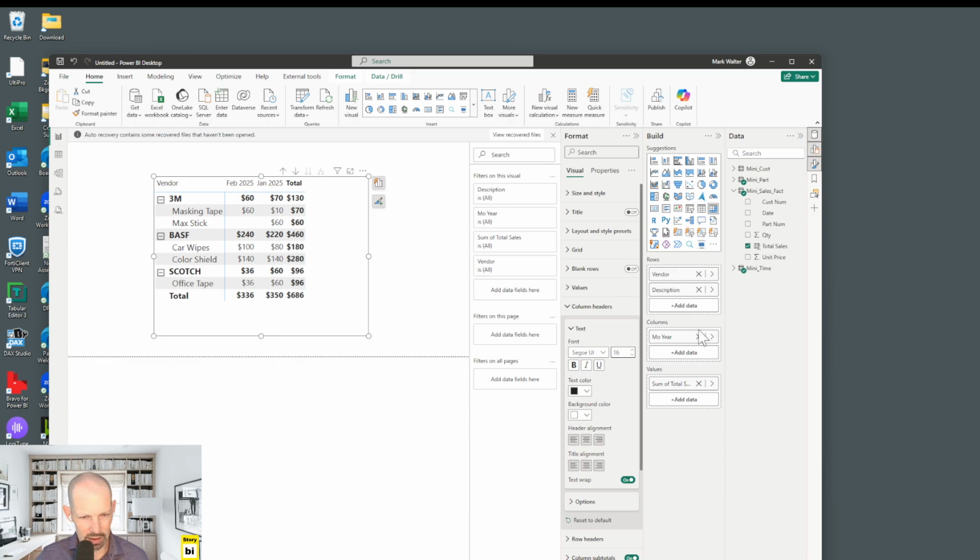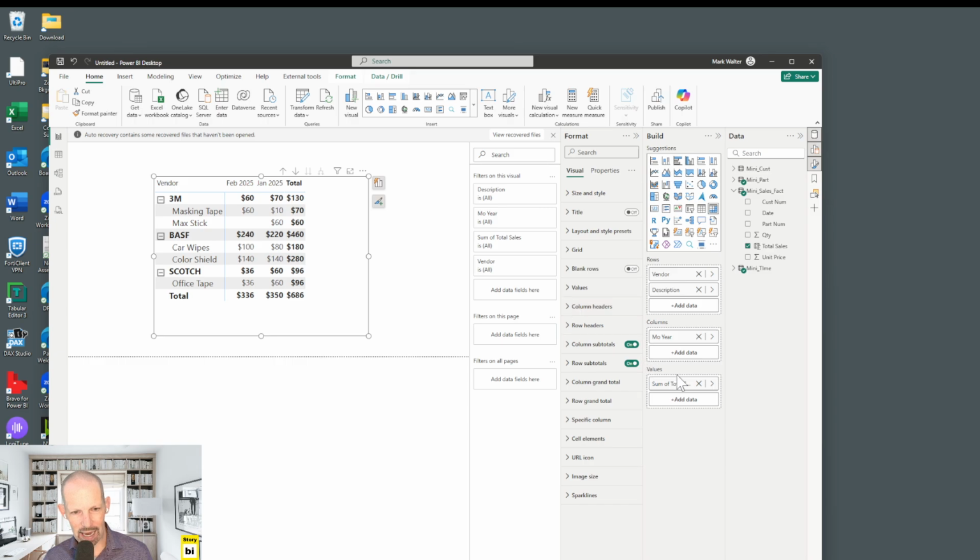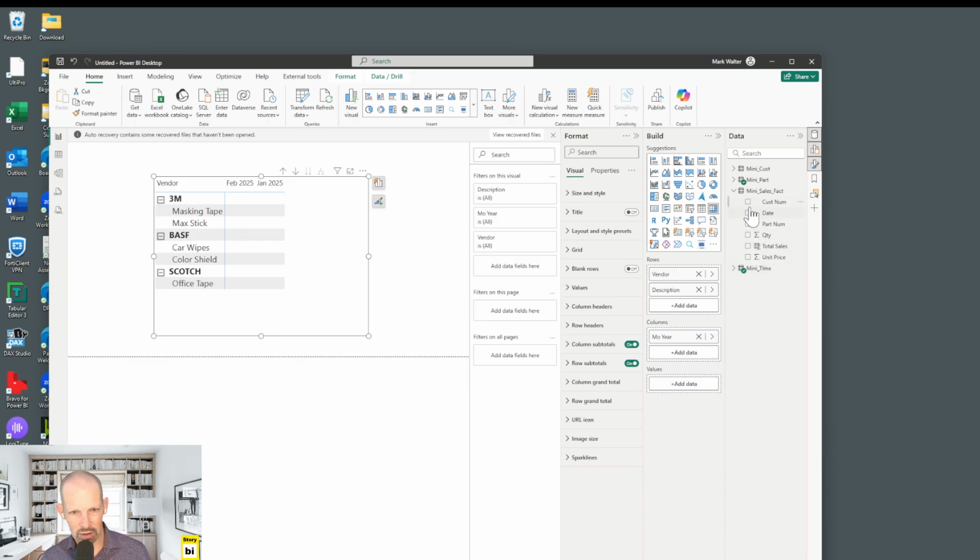I pulled this in here once. Well, every time I need total sales, I'm going to have to pull it in again. So if I create a measure, say we're creating a margin calculation where it's sales minus cost, I'm going to have to reference this column again. But instead of doing that, if I take that sum of the column out and I specifically come in here